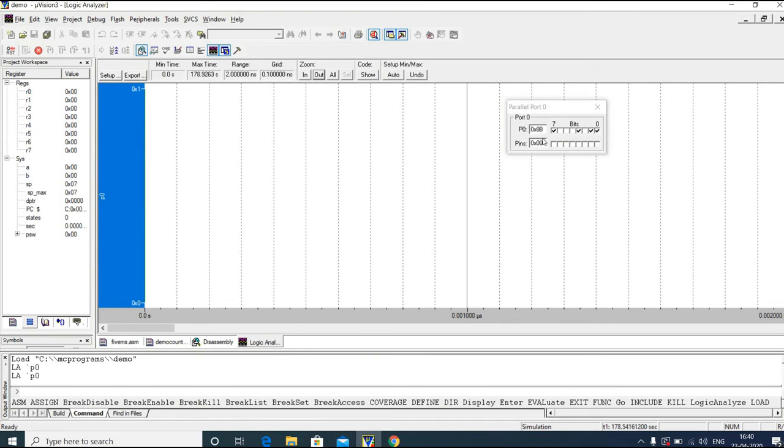Now it is counting till 8C, 8E. Like this it will count till FF.